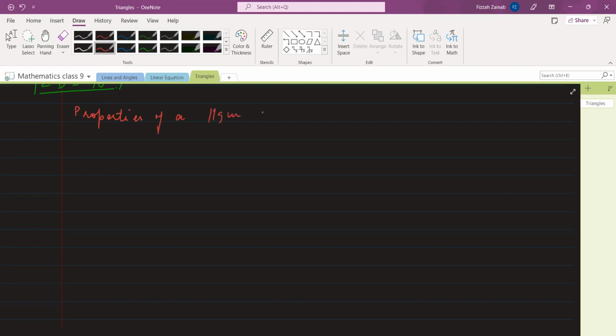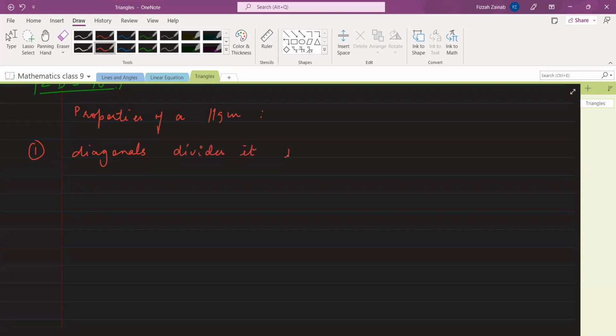In short, I'm writing parallelogram. So the first property is the diagonals. I've already done this exercise, so I'm just mentioning it. I'm not doing any derivation now. That we will see later. So diagonals of a parallelogram